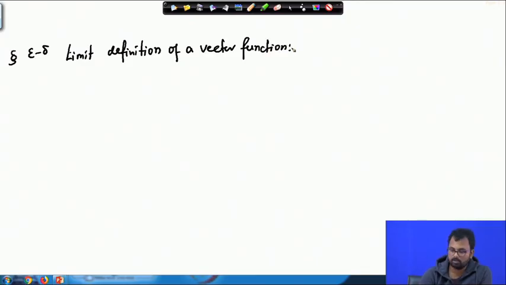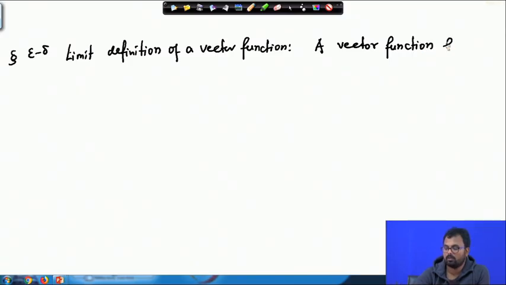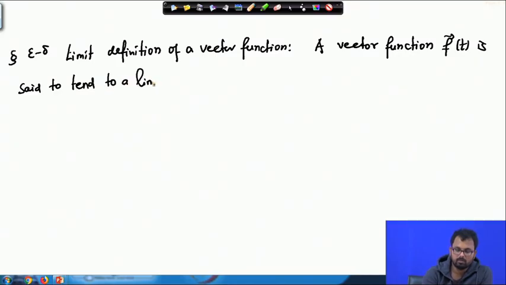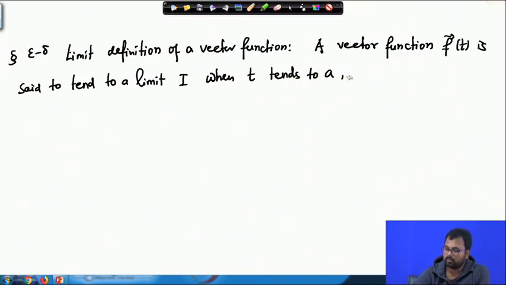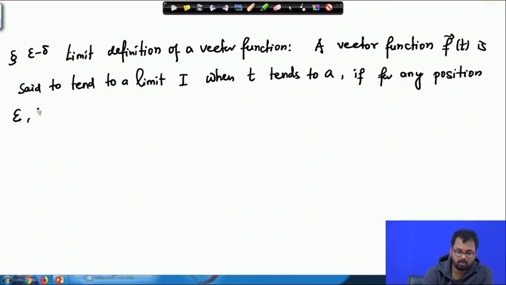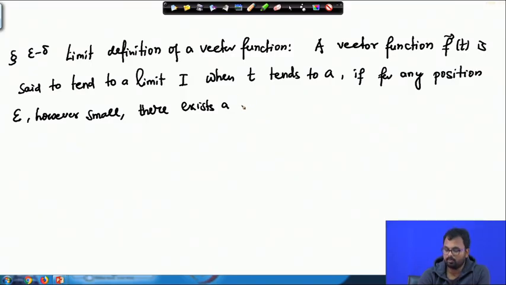All right. So, the definition goes like this: a vector function f(t) is said to tend to a limit l when t tends to a, if for any positive epsilon, however small or arbitrarily small, there exists a positive number delta